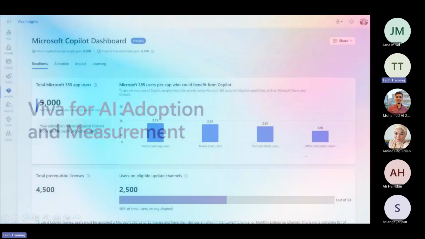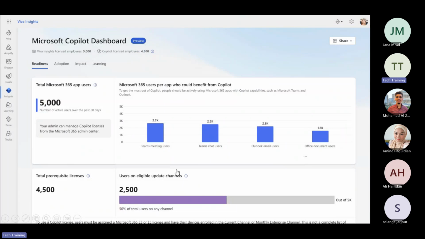The promise of AI is real. It will transform the way everyone